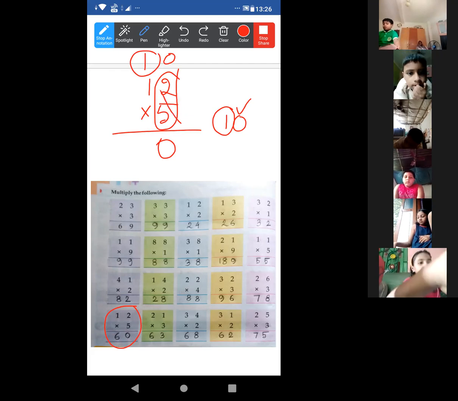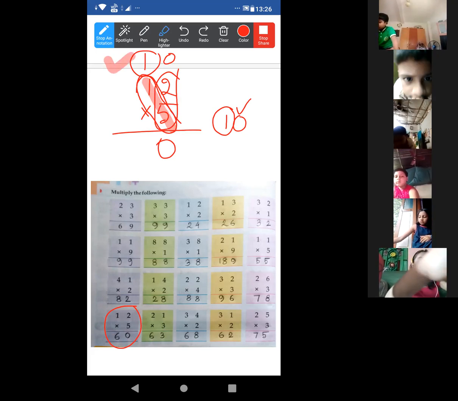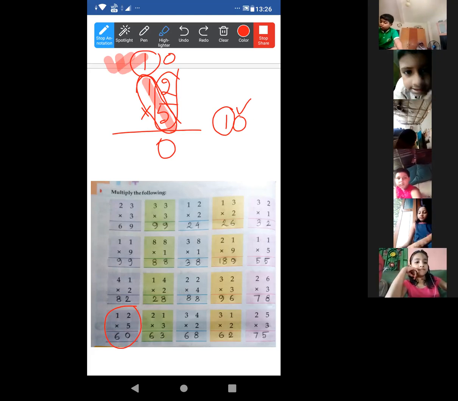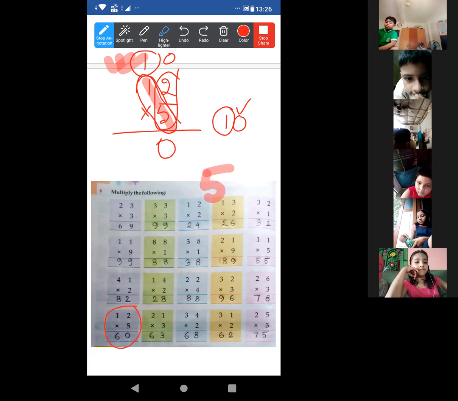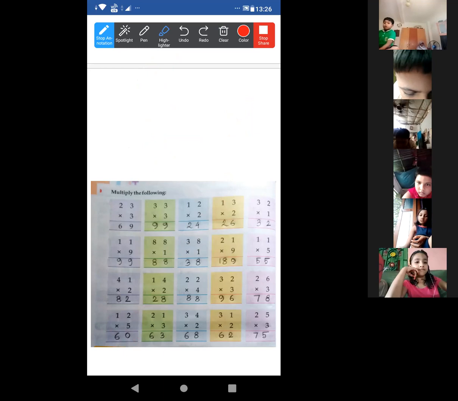Okay, now look. Now we have to multiply this one, 5 into 1. Yes, 5 1s are 5. Then we have to add this carry forward digit. Usually in addition, we are adding this carry forward digit. So 5 1s are 5 plus 1, ultimately it will be 6. Now it is clear, Zubair? Yes, ma'am. Okay, now mute yourself. Okay, all of you complete this.